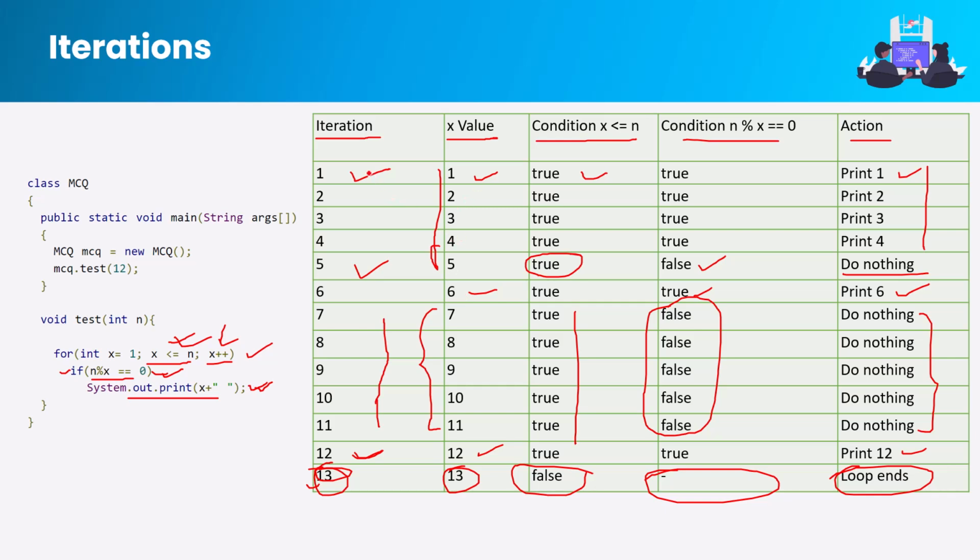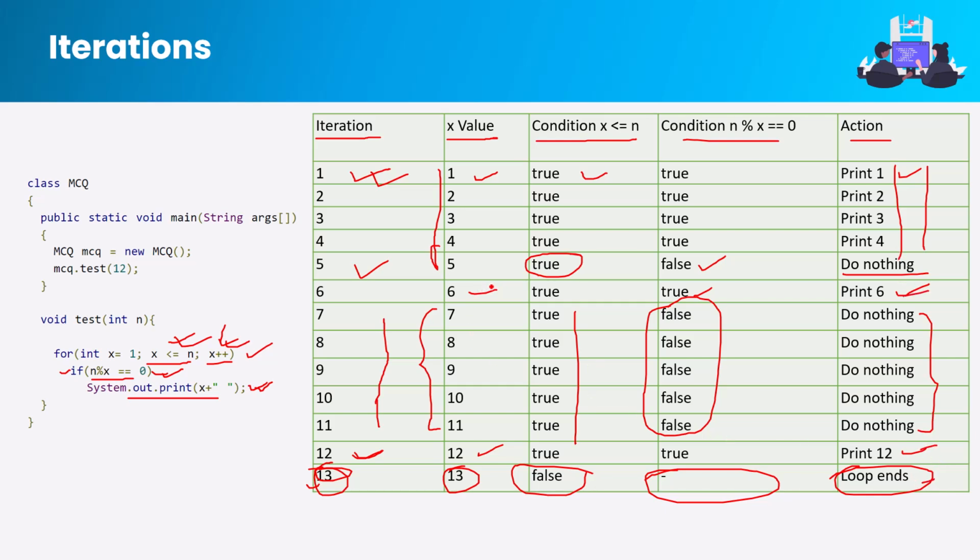And for each and every iteration, the value of x is increasing, so it will increment continuously. That means it will not jump. But if there were an x plus equals 2, or an operation like that inside the if, then it would not be continuous, right? But in this case the value increases continuously. So what will be the output now? As you can see here, it will print 1 2 3 4, then 6 and 12,